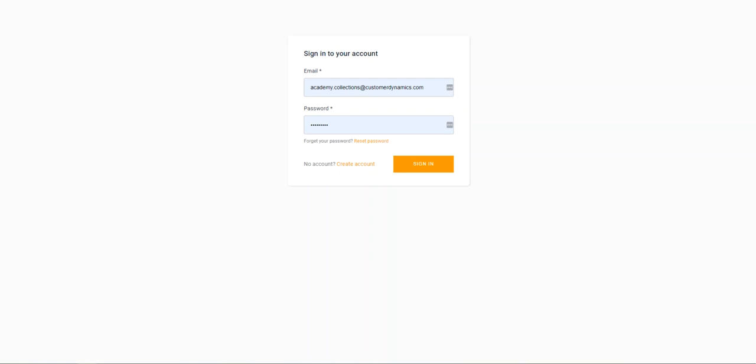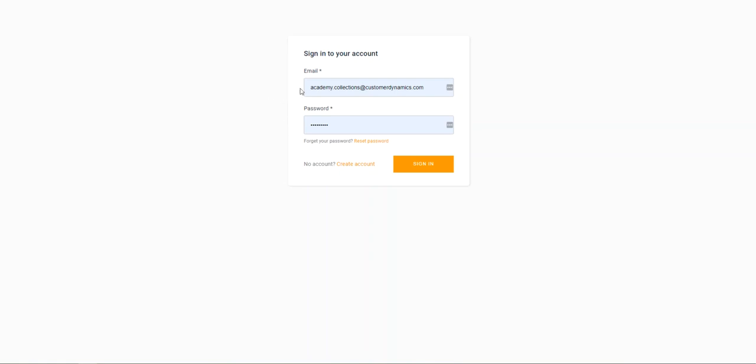Next, we configure the portal and E2 to be able to call the NICE inContact API or connect to your CRM. Where we do that is in the portal. So it's portal.custardynamics.com. You will see the login, and you have been assigned an email and a password to get into this